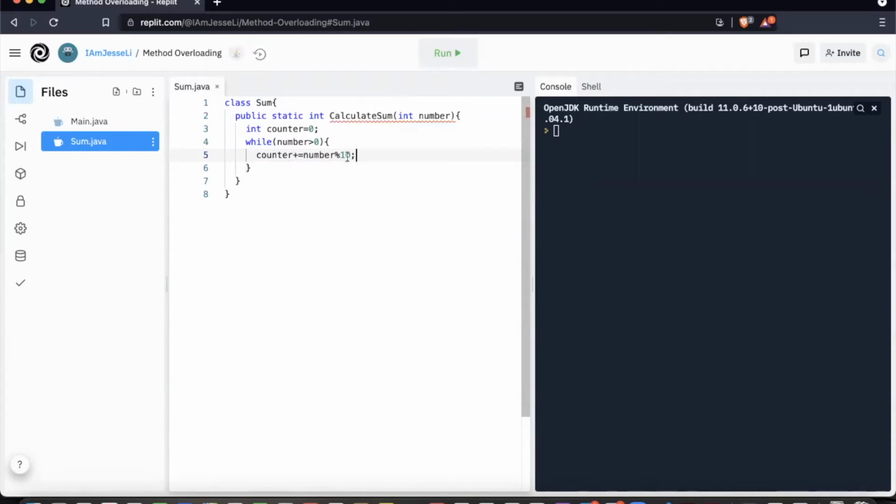After that, we want to remove the last digit of the number, and we can do that by doing number divided by equals 10. And then at the end, we're going to return the counter. So this is the first method. And the second method